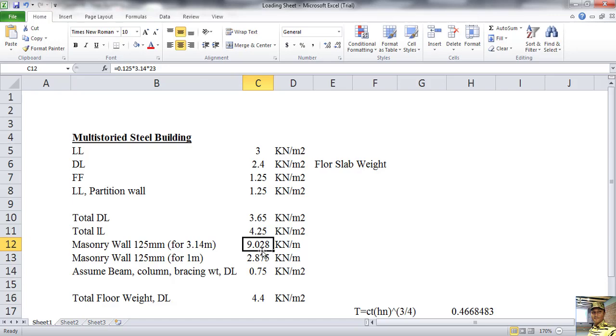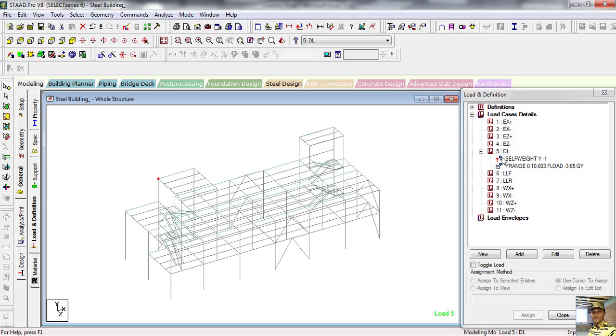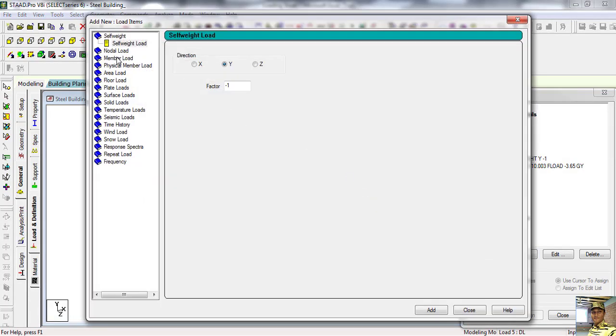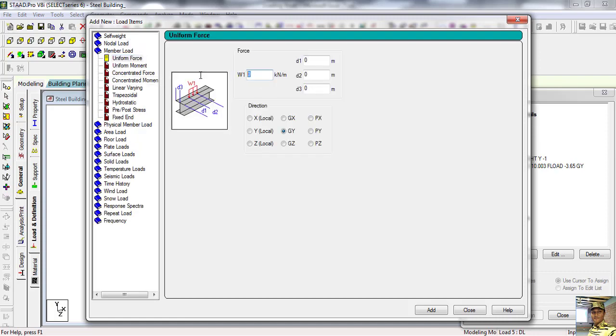Now see 9.028 kilonewton per meter, and this load will act as a member load. So define this load at member load, that is acting as gravity load in y direction, so minus 9.028. Add.